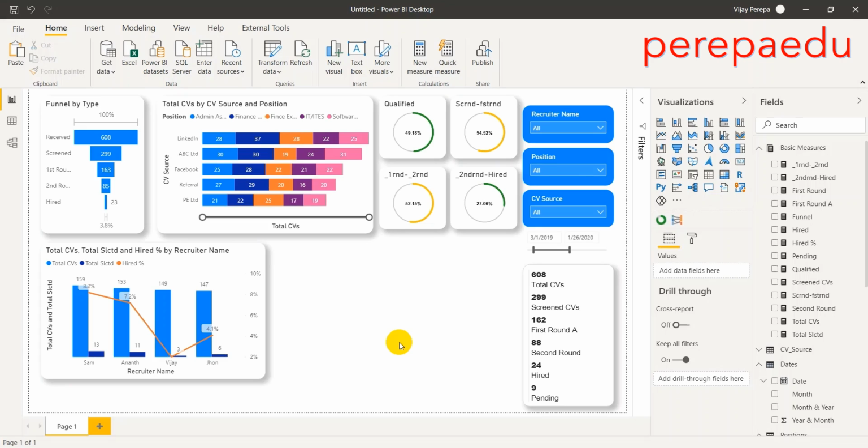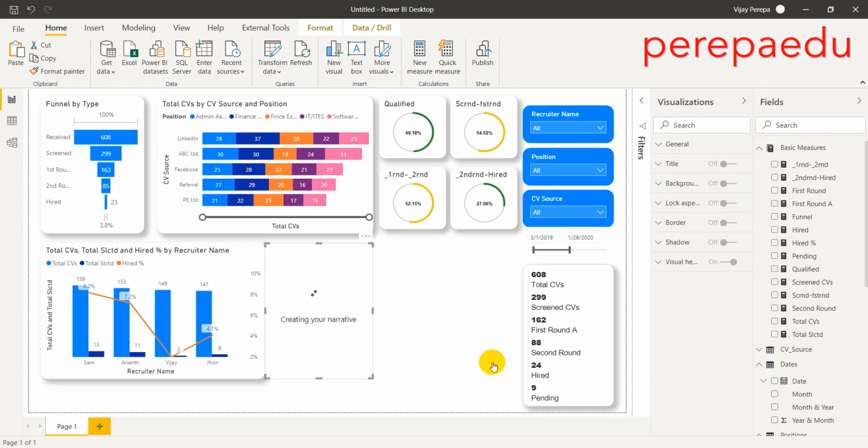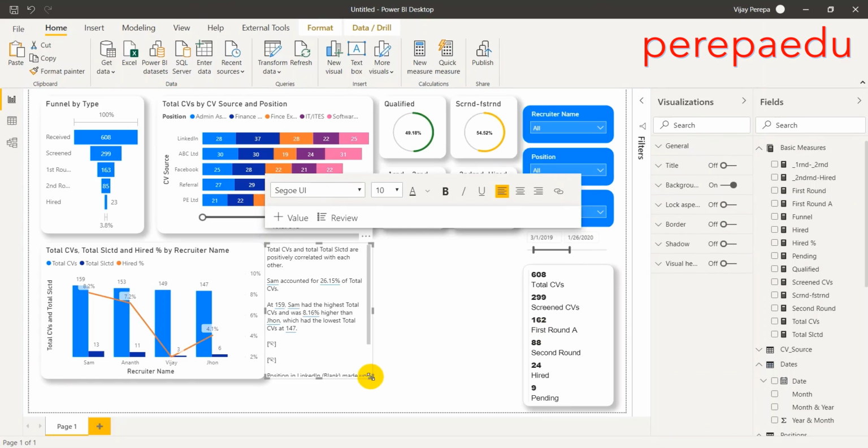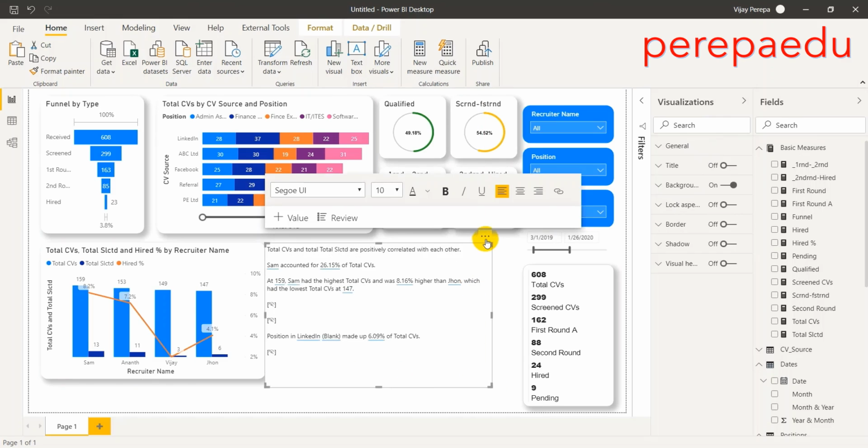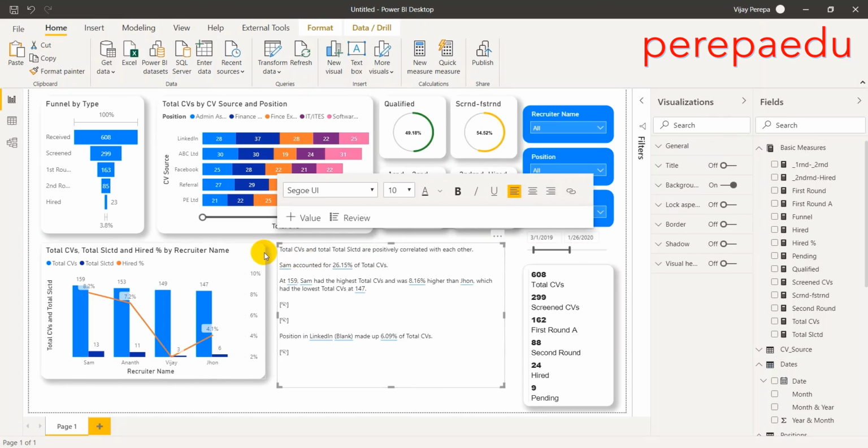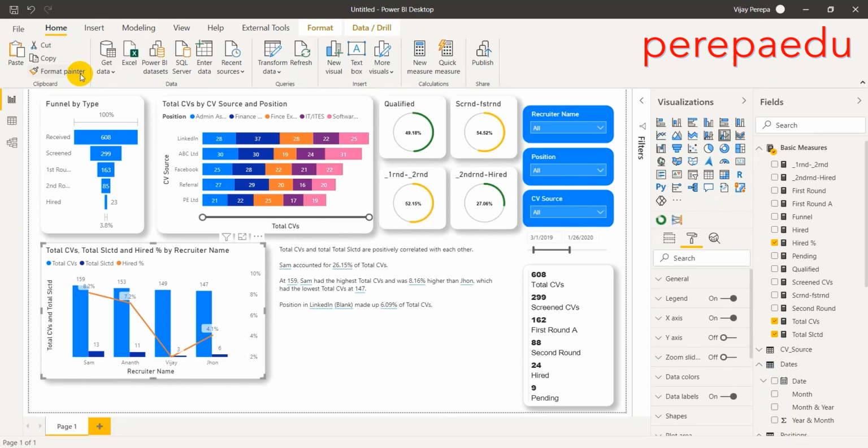After adding so many charts to the report, now I would like to add some explanation. I think from the November 2020 update, Power BI added another visual type, that is smart narrative, which will give you the explanation about your entire report. For that, first unselect all the charts and then select the smart narrative visual from the visual types, and then let us wait to see what kind of explanation it is giving. So you can add the format from the chart: select the chart and select Format Painter, and then